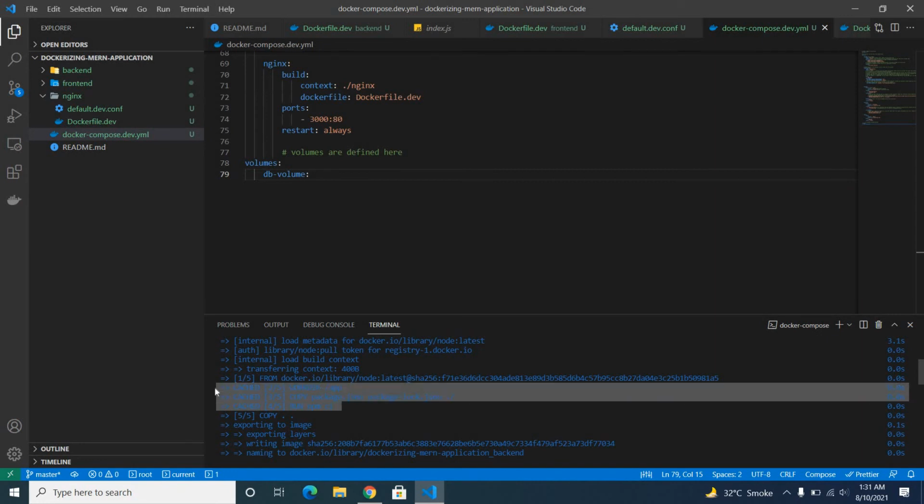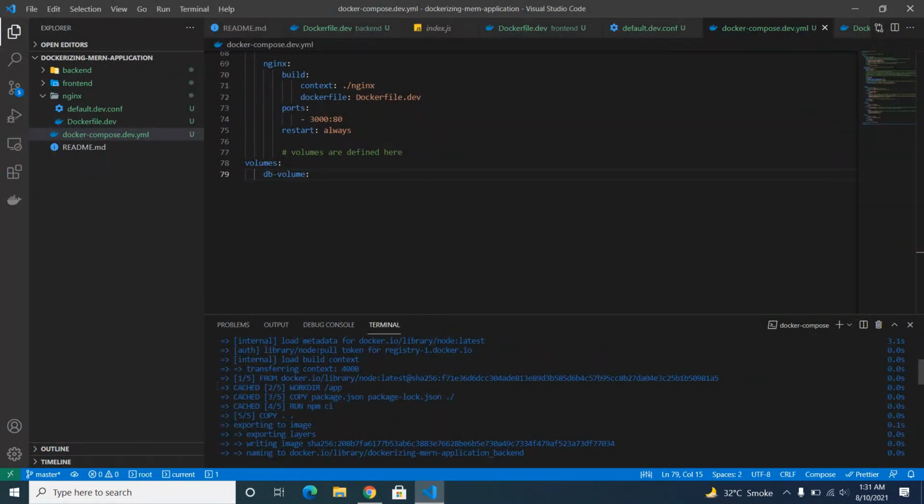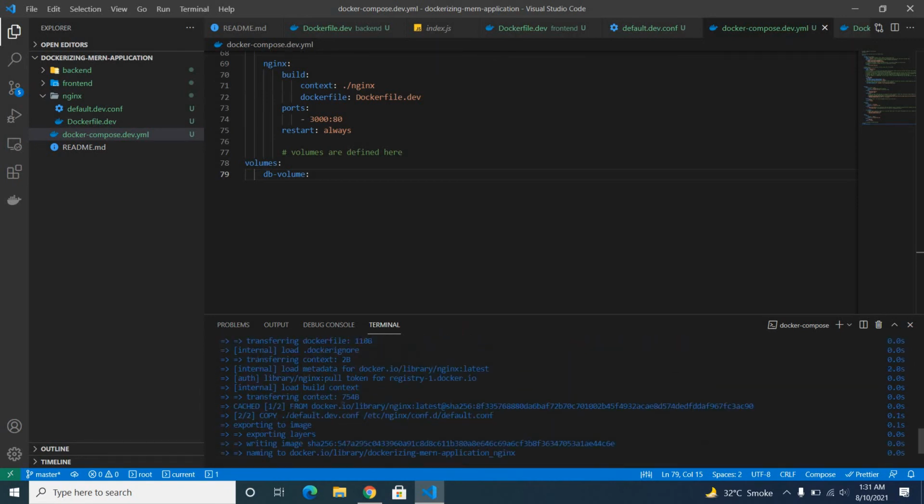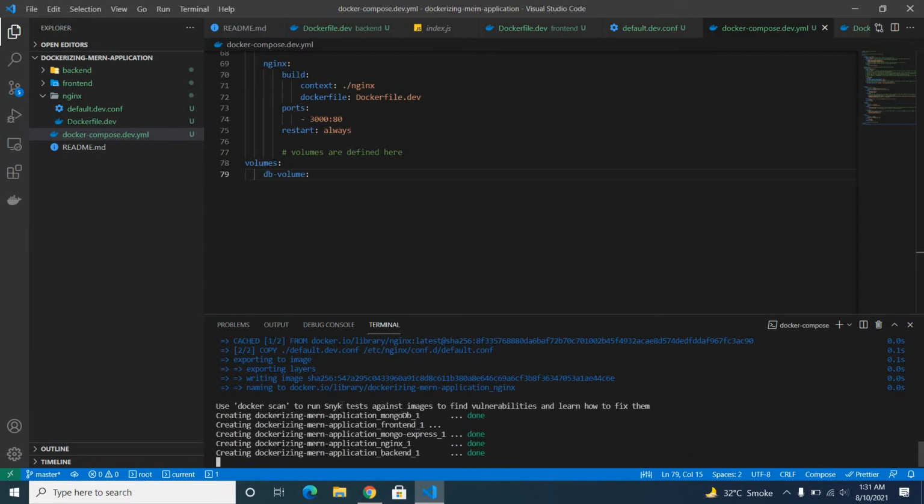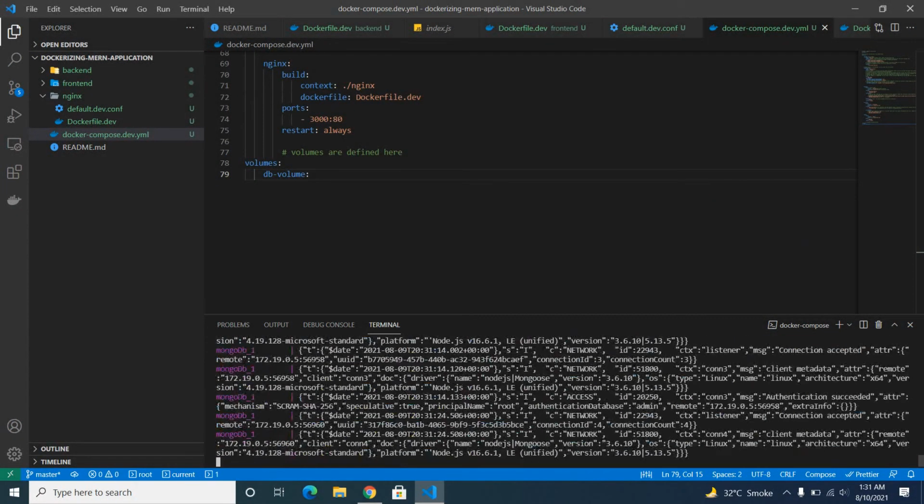Otherwise it will require some time, depending upon your PC. But in my case, it is already cached, so this process is a little bit fast. And we are waiting until all of the images start.